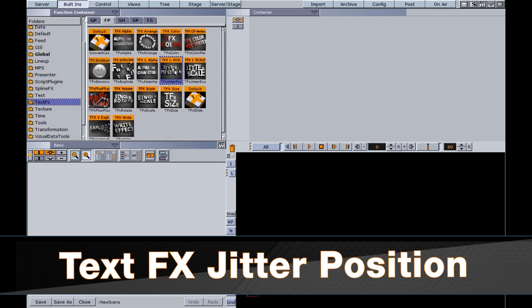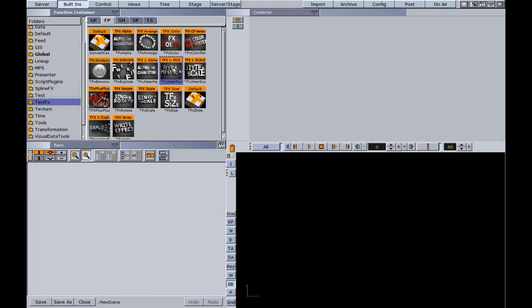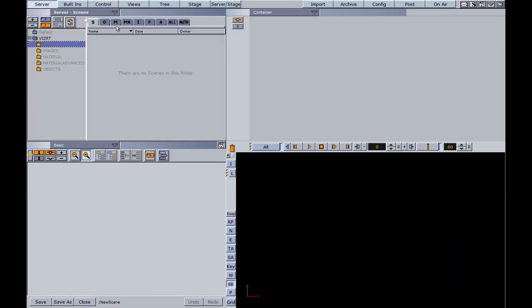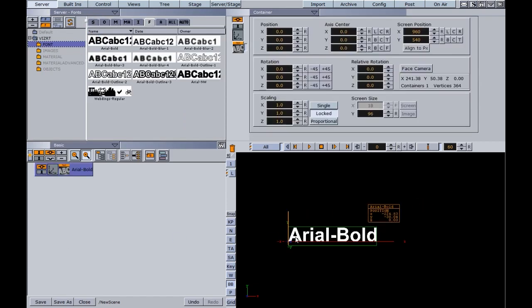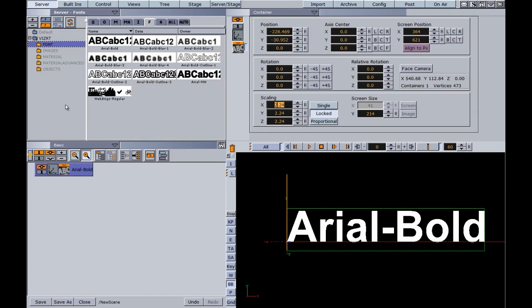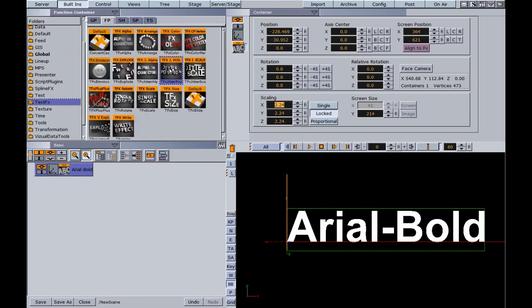The TFXJ position function found within the built-ins, the function plugins tab, and the text effects folder allows you to jitter a position of a font. So what we'll do is we'll grab a font and drag this down into the scene tree, and we'll just kind of scale this up a little bit and reposition it so we can see it better. We'll go back into the built-ins, grab our TFXJ position or our TFX jitter position, and we'll go into the